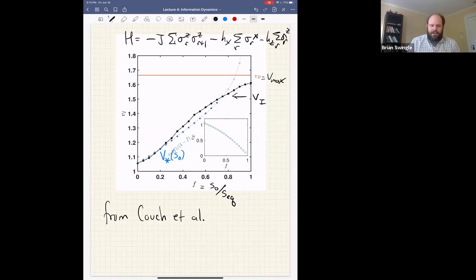So I'm happy to answer questions about what we did in detail, but the takeaway here is just that that theory that we've been developing now for like 2 lectures, it works, and it quantitatively relates non-trivial quantities in a strongly interacting quantum many-body system, in this case a spin chain,